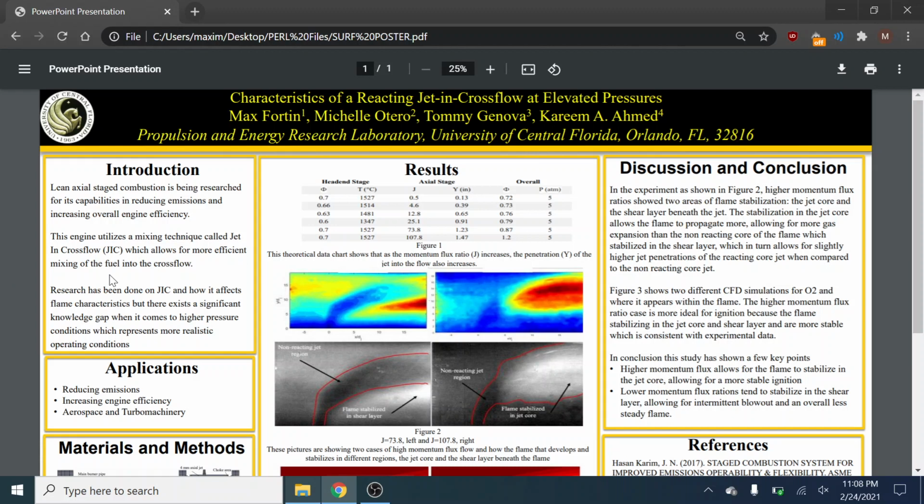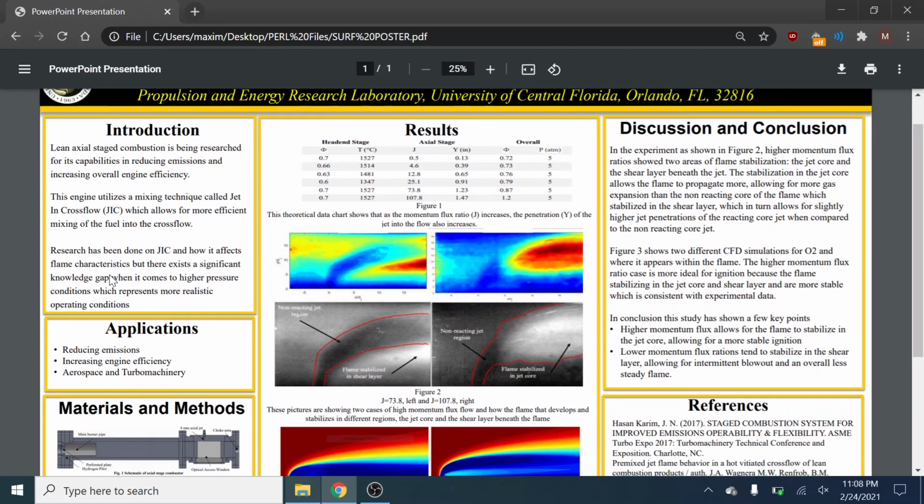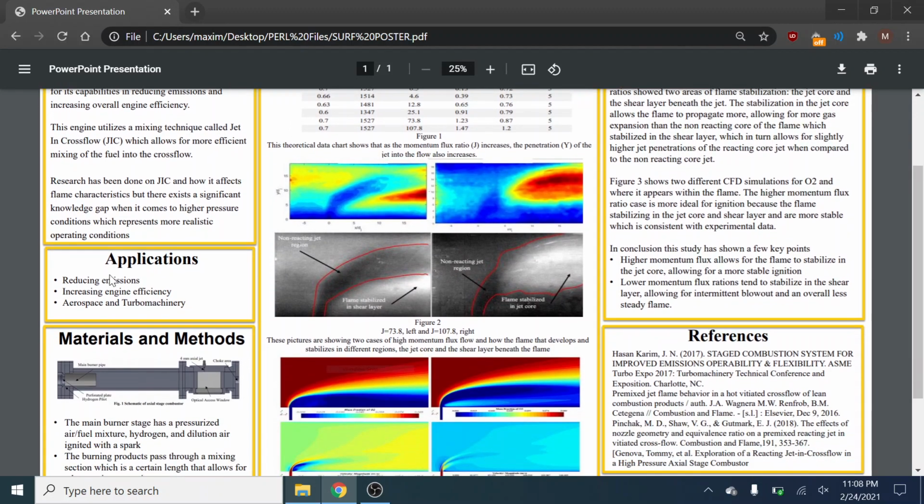It currently achieves this utilizing a mixing technique called jet and crossflow, which allows for more efficient mixing of the fuel jet into the crossflow. There's been plenty of research done on jet and crossflow,